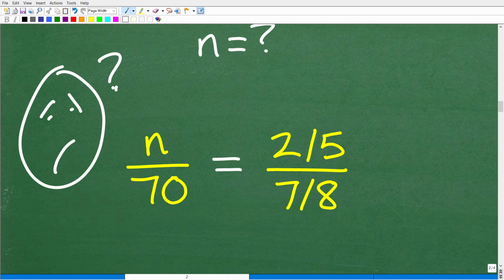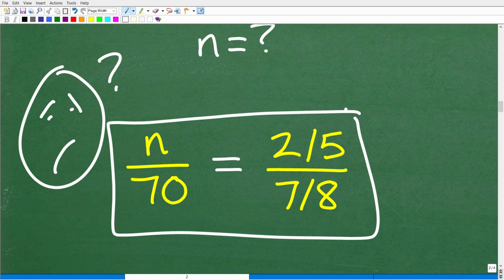Well, it's not going to be that difficult in order to solve for n. Now, you're going to have to know a thing or two about fractions